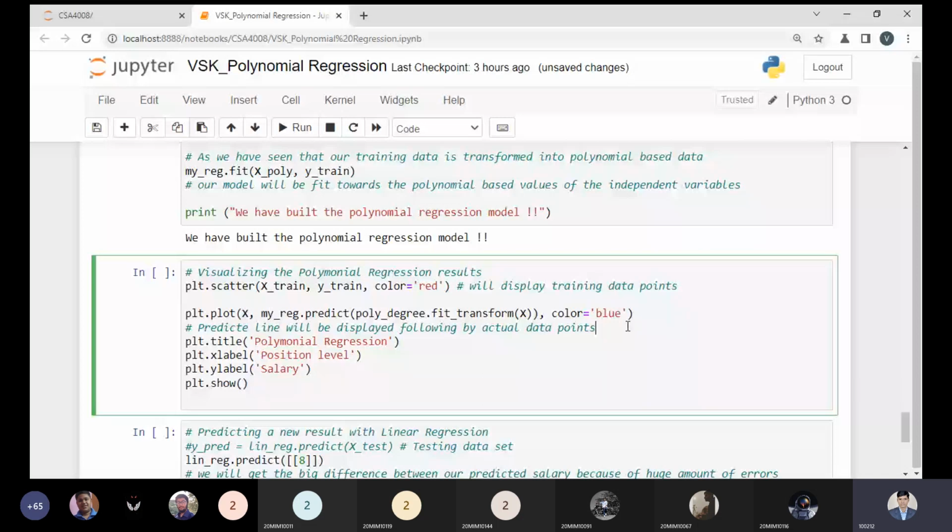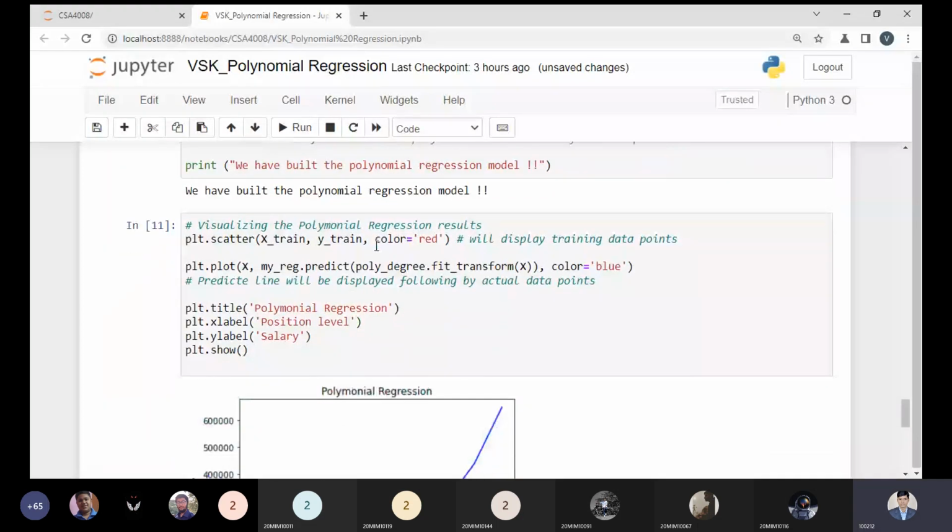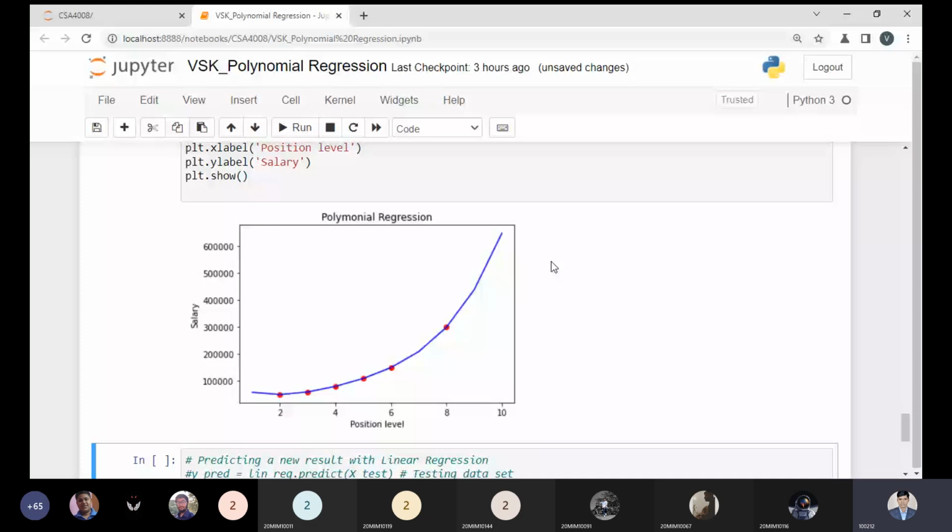Now polynomial regression I'm giving, and I'm giving the position label and salary, so it will show. So let me go to this. Now this code is working perfectly. Now everything is visible to all. Is it visible to all? Yes, sir. So what you're observing, all the training data points are plotting on my line only.